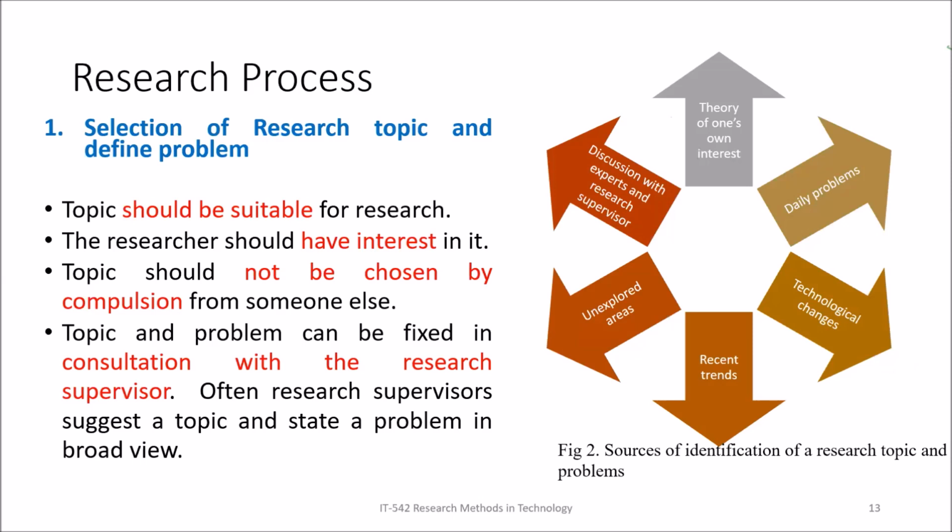It is obviously the first thing that as a researcher you must choose your area of interest and choose the topic, right? Now in case you require some help, you have to consult with your research supervisor. Let's say the supervisor will suggest some topic and give you a broad area of that particular problem. But it always starts from the researcher and his or her interest. Okay. And if you require a supervisor for consultation, right?